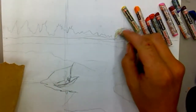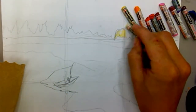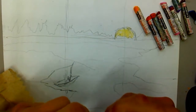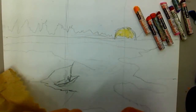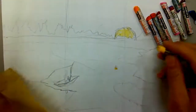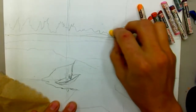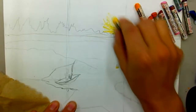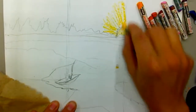I'm going to get some nice dark midnight blue, and I'm going to have some black in there as well for just the very edge. I'm going to work from the background forward, and for the whole page, I'm going to first do a light pressure layer of color, and that's going to let me set up and see how the colors all look together. It's going to let me correct any errors that I have, and it's going to let me make some really